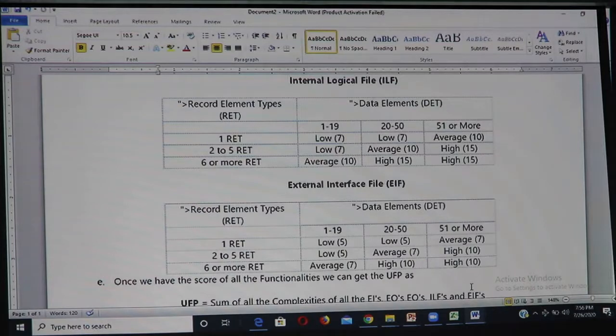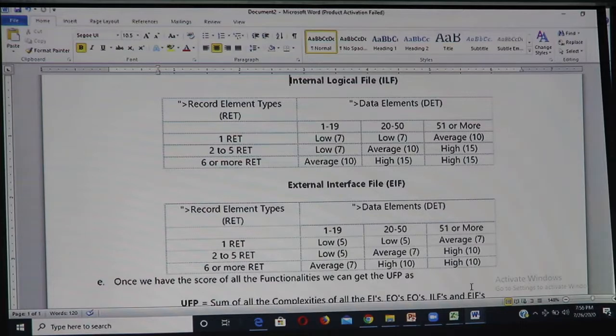Within ILF you have record element types. ILF, we saw, is internal logical file, which is nothing but a file or table that gets created within the scope of the application. Record element types over here are nothing but logical subgroups within ILF.